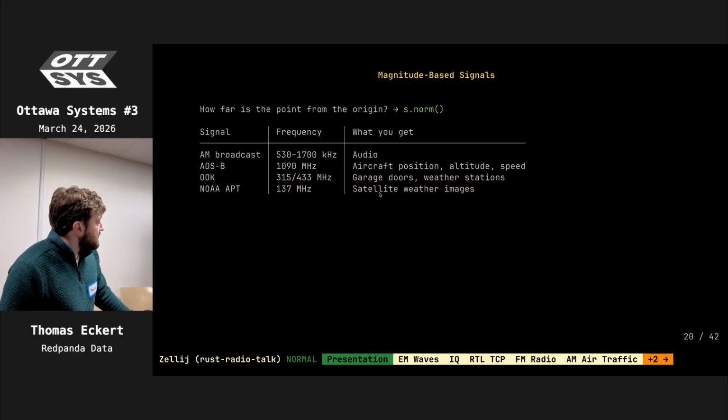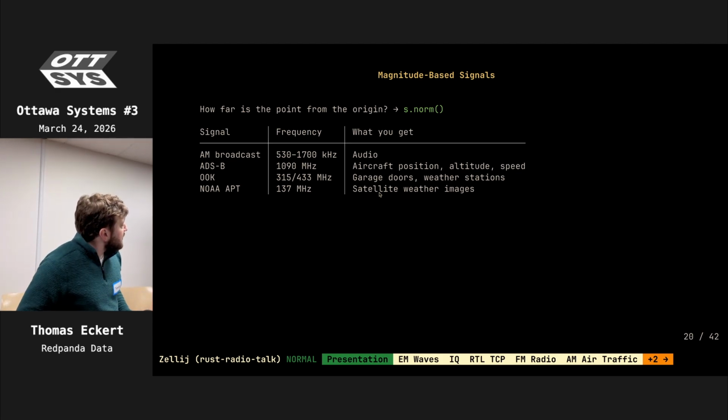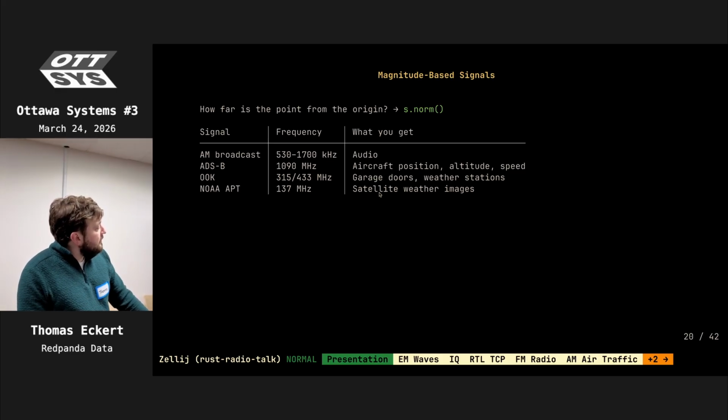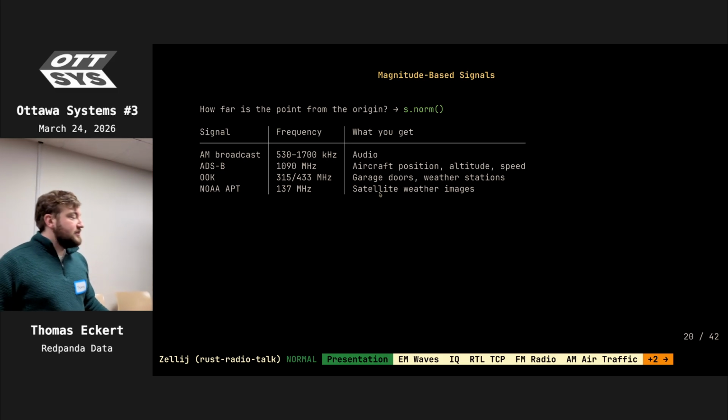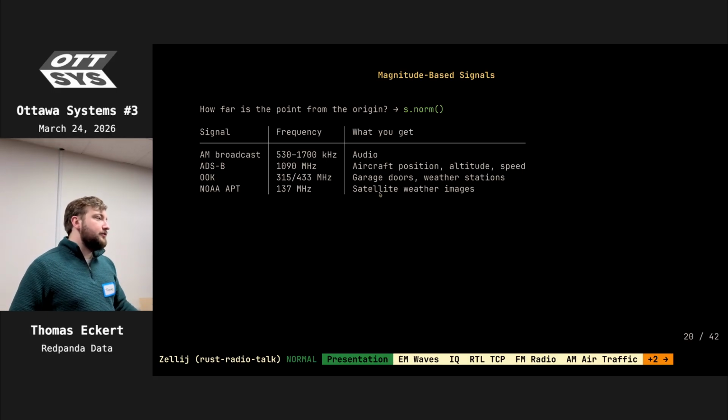There's AM broadcast, which I think we're mostly familiar with, where we're getting audio out of that amplitude modulation. There's ADS-B, which I'll give a later demo on. That's aircraft position. All of the airplanes twice every second broadcast their position, call sign, all this data. There's OOK, which is usually garage doors, and then there's weather stations. And a cool one I haven't quite figured out a good demo for, but there's satellite weather images that are encoded in binary, very similar to how fax machines work, originally developed for